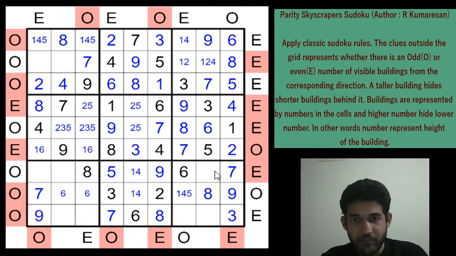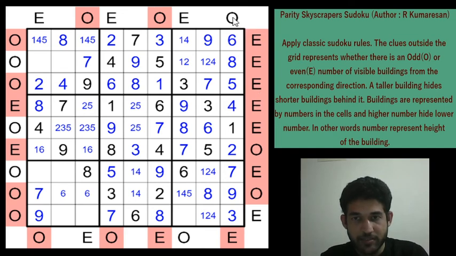Along column 8, we have placed 3, 5, 6, 7, 8 and 9. Remaining digits are 1, 2 and 4. We can pencil mark that. This clue is also used because 9 is placed. The moment you place a 9 on the first cell, that clue is used, right? We can't get any more information. All the digits in row 3 placed, so this is also used. And this is also done.